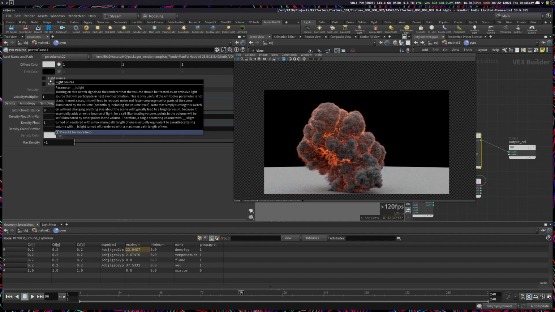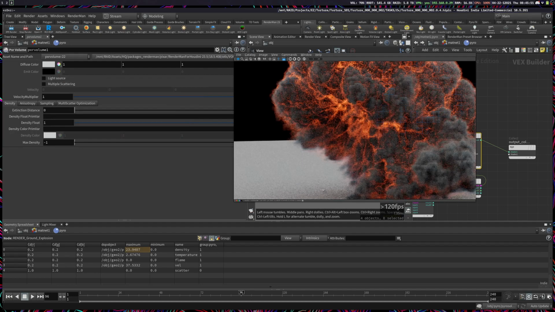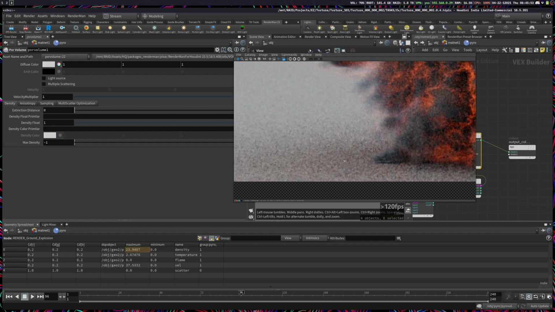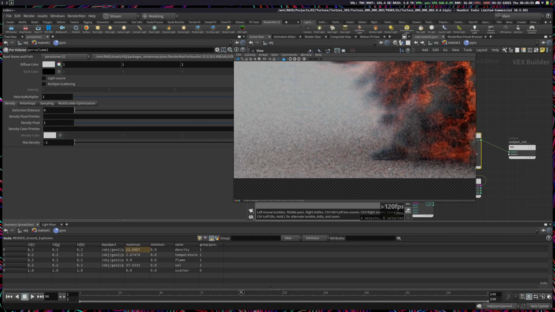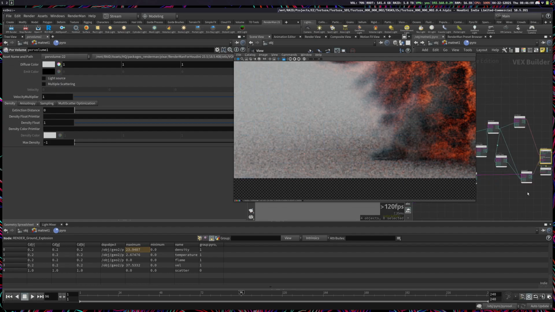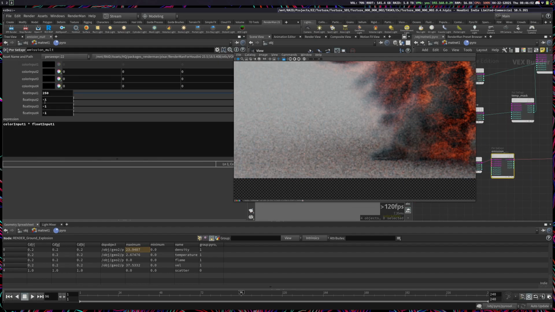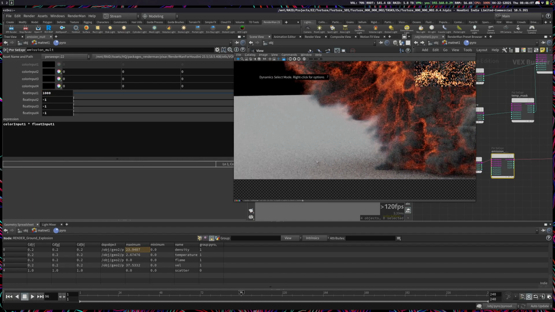Light source, you should enable this if you need your Pyro to illuminate the scene a lot. Like if you really need this stuff to be illuminating the ground, contributing a lot of light, you'll want to enable this. We can take a look. If I increase this value to like 1,000 and we look at the emission, I'll see if I can get a render region going. If we look at the emission down here,